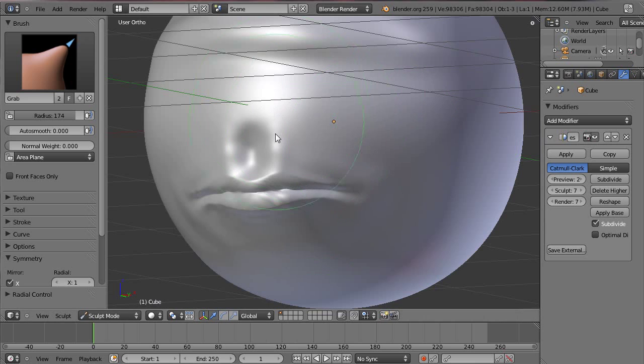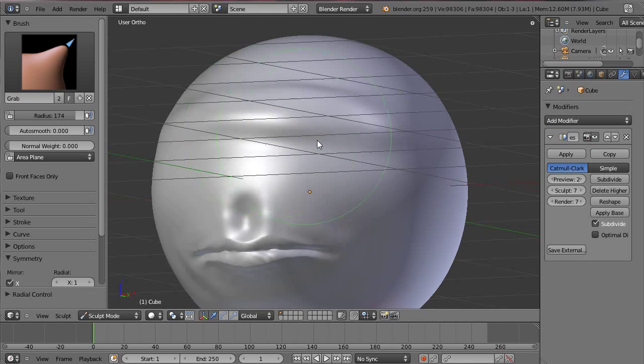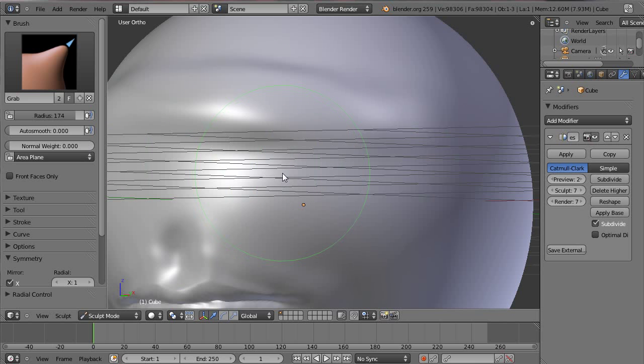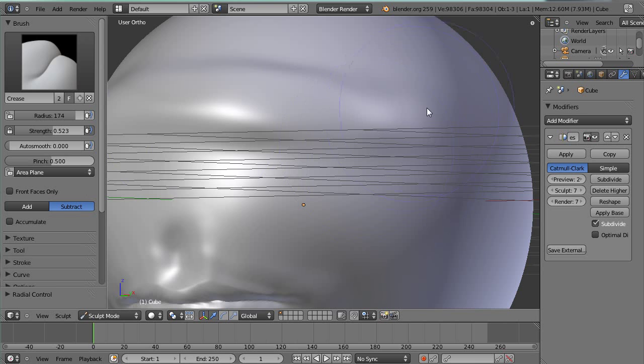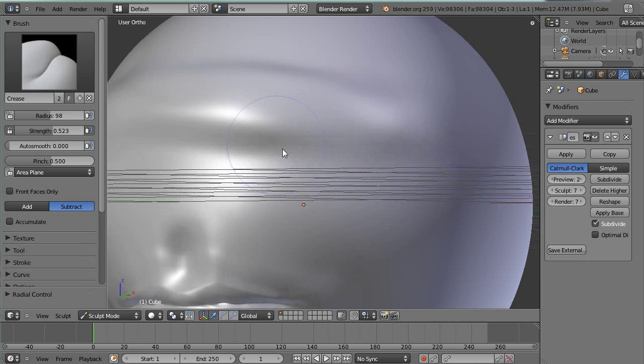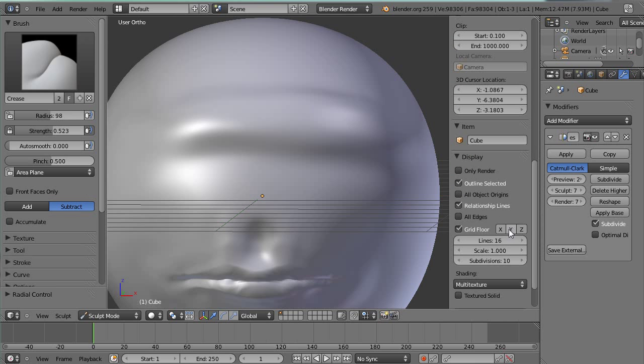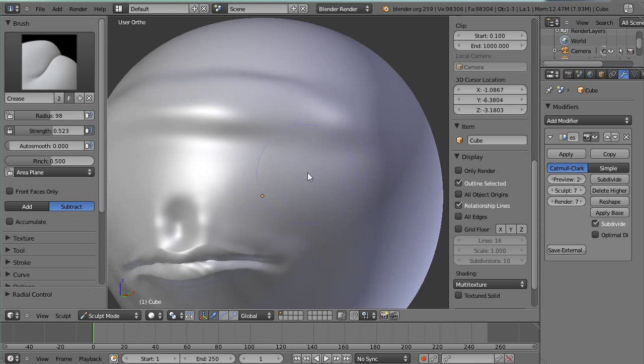What I'll do now is bring in a bit of an eye. What you might want to do depends on which point in the process feels good to you. Bring in a couple of spheres just for eyeballs. I won't quite yet. I'll just get rid of that grid. That's annoying me. So, yeah.